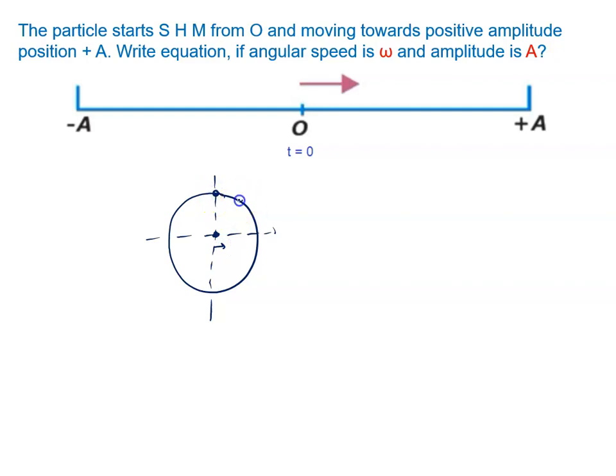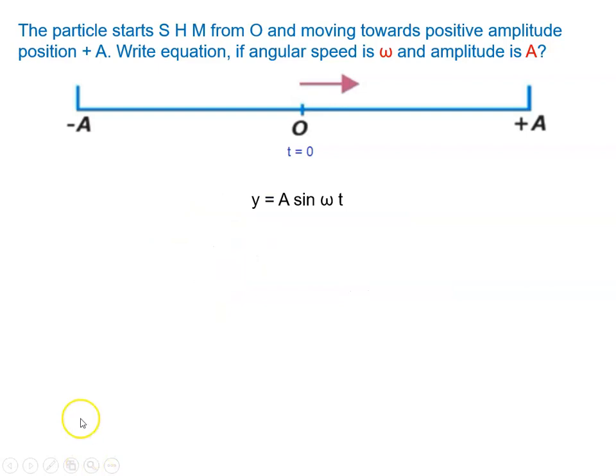after some time t, the particle is reaching here and this is an angle theta. We all know theta can be written as omega into t. अब मैं आपसे पूछूं कितना डिस्प्लेसमेंट हुआ, सपोज आई से दिस इज द डिस्प्लेसमेंट, देन ऑल ऑफ यू नो y इक्वल टू a sin theta, theta की जगह क्या पुट करोगे, a sin omega t. So you can use any method, either the equation method or phasor method. The answer will be y equal to a sin omega t.